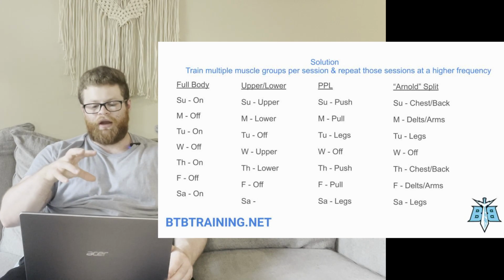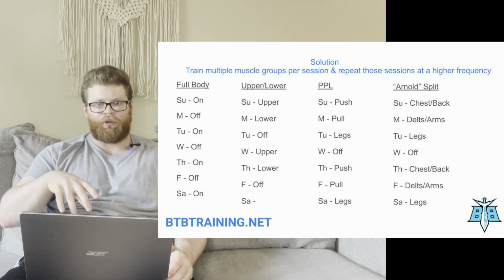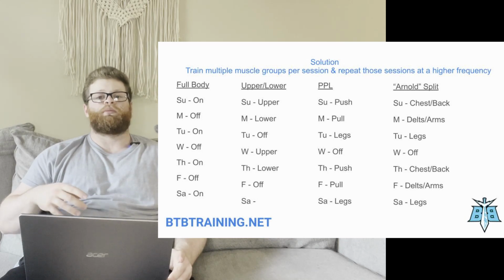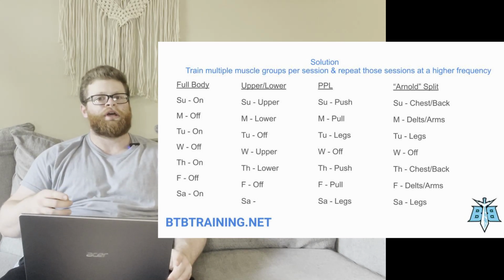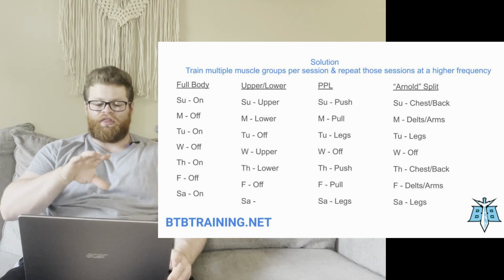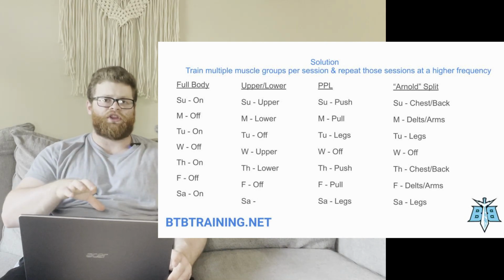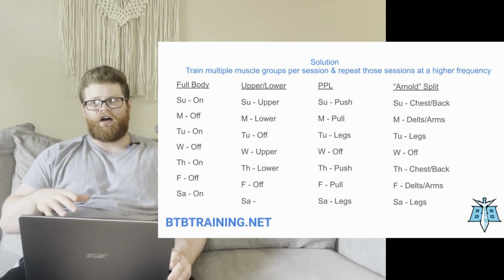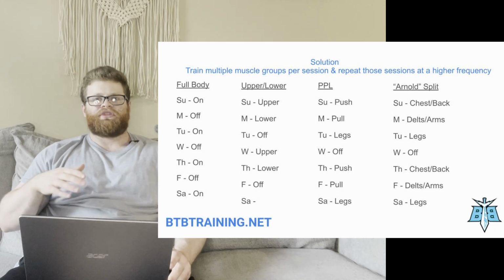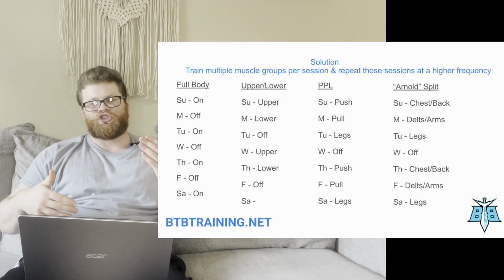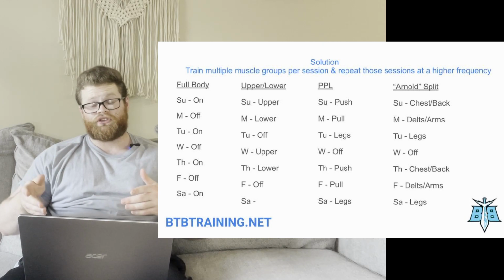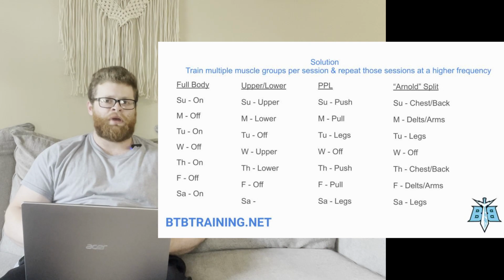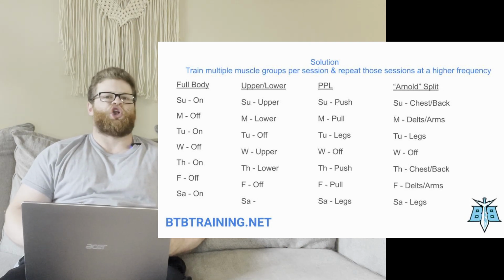And so this isn't really going to be a video comparing all of these training programs, but these are just going to be a couple examples of some of the most basic ones and some of the more common ones that you'll see get tossed around. And really the thing that makes these training splits so different than the bro split is going to be that increased frequency. And if you're someone who's of a younger developmental level, doing these exercises in these sessions, because they're predominantly focused on compound lifts, more frequently is going to give you more opportunities to get better at them, which is going to give you more opportunities to get stronger at them,